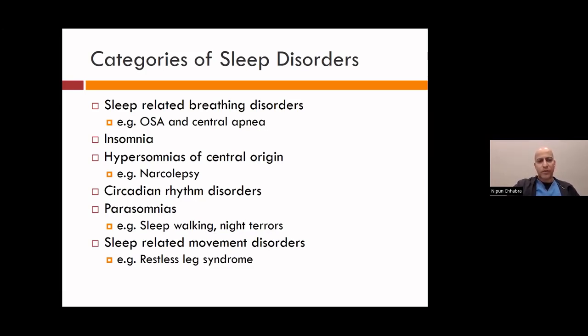Parasomnias is something that you should be familiar with. These are patients that potentially have EEG changes, but are not necessarily associated with hypopneic or apneic events. The two types of parasomnias that we often see are sleep hallucinations, and there's two specific types that I recommend you be familiar with. One are called hypnopompic hallucinations, which occur right when patients arise out of REM sleep before wakefulness, and hypnagogic, which happens just before or prior to patients falling asleep into the deeper stages of sleep. And those are parasomnias. Sleep-related movement disorders, patients that have restless leg syndrome,